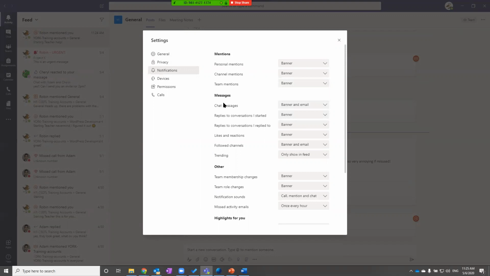Then we have messages, and this is what we were talking about earlier. You have chat messages, so you could choose that same kind of breakdown. Then you have conversations. Conversations is the old language used by Microsoft. It's now called posts, or channel posts. You'll hear those used interchangeably. The thing I will stress is, even if you've set this to only show in feed or anything else,